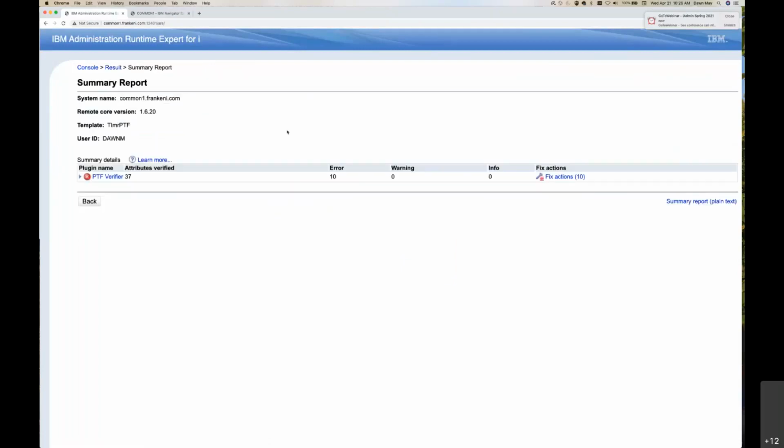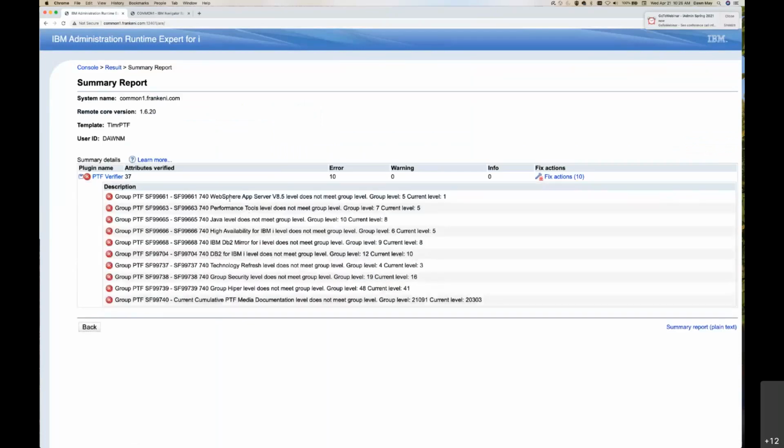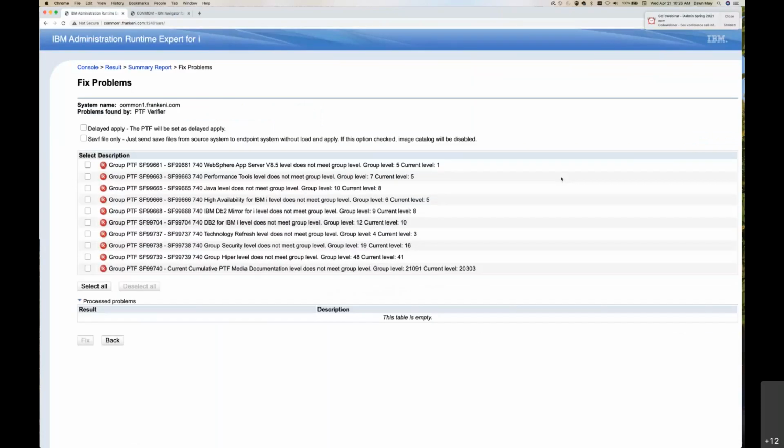Aha, here we go. Tim's template worked for me. So in his PTF verifier, it looks like he was looking for the PTF group currency like I showed you before. Since we can see the actual summary report, this is where the fix action shows up. And the last thing I wanted to show you: when you click fix actions, you come in with PTFs, and you have the ability to specify that you want to delay the apply. The default is load and apply immediate. I don't think many of us are really going to want to do that. So you can do delayed apply,